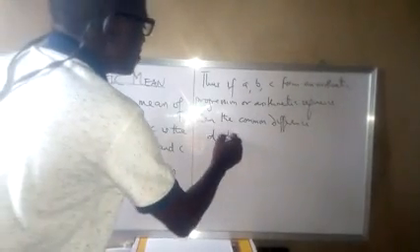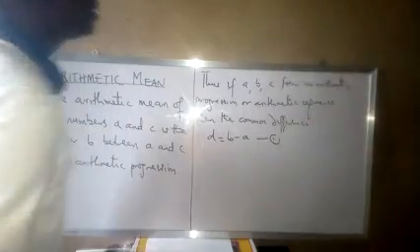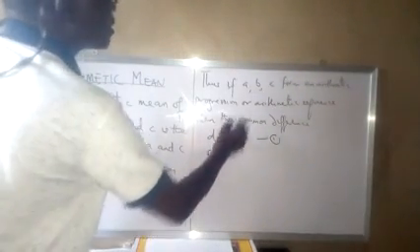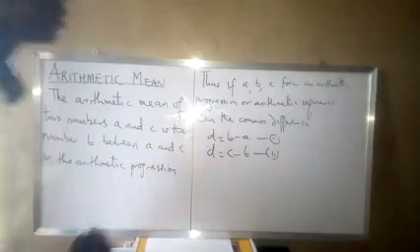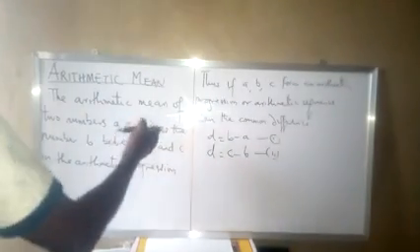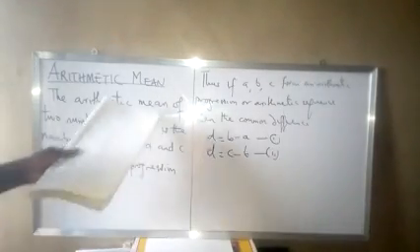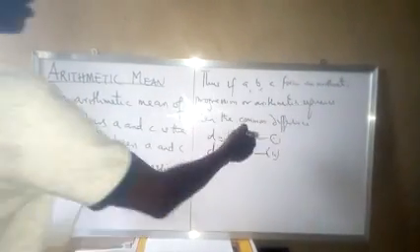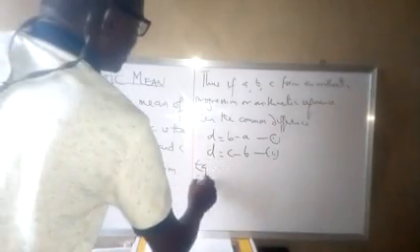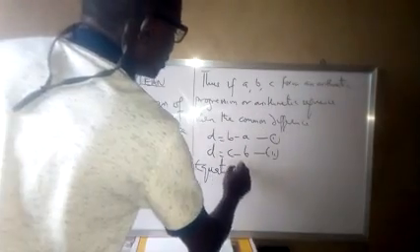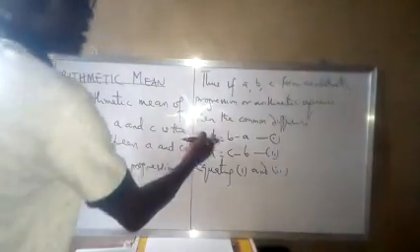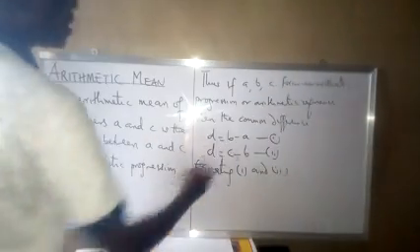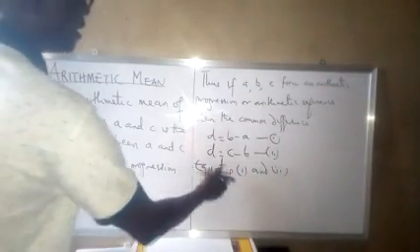Okay, B minus A, you can call that equation 1, or the common difference could also equal C minus B. You can call that equation 2. Okay, so now, to eliminate D, there are ways of doing this, but let us suppose we equate 1 and 2. Because D is equal to B minus A, and D is equal to C minus B, to eliminate D we can say: